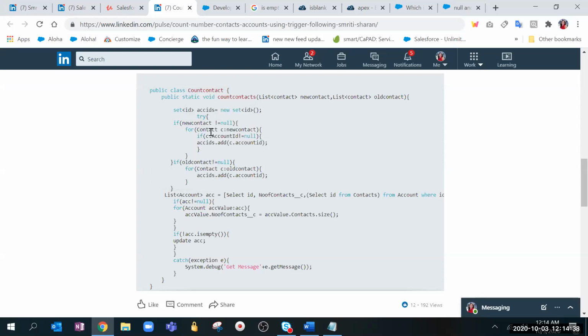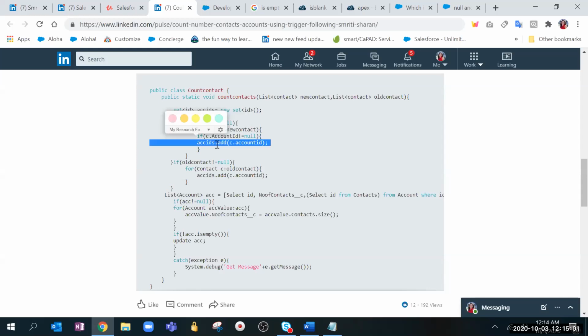It iterates over the list of contacts and checks the account ID, which is a field on the contact, and if it is not null, then it stores that in the account ID set. So basically it is storing the list of account IDs which are on the contacts.